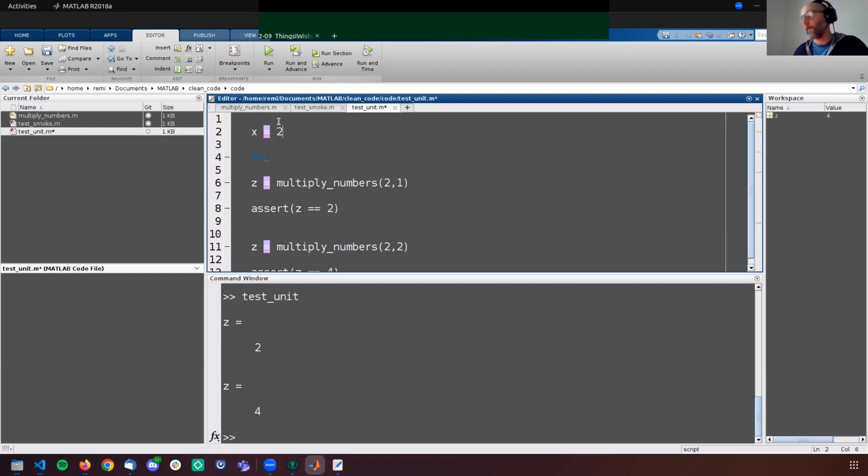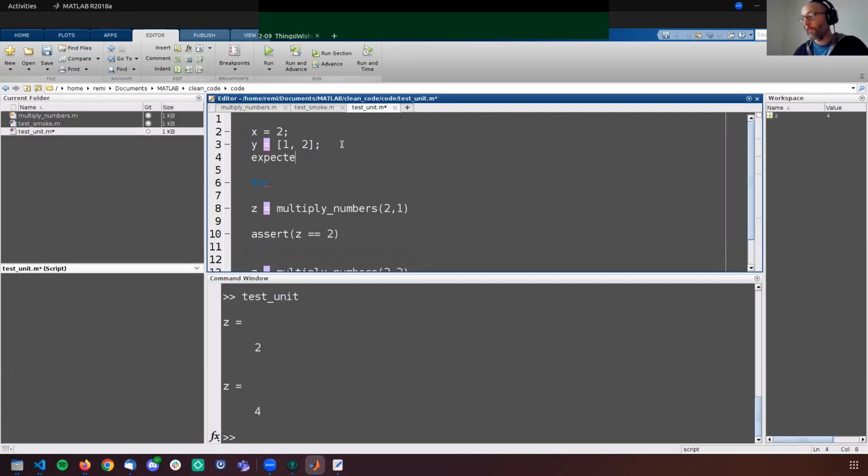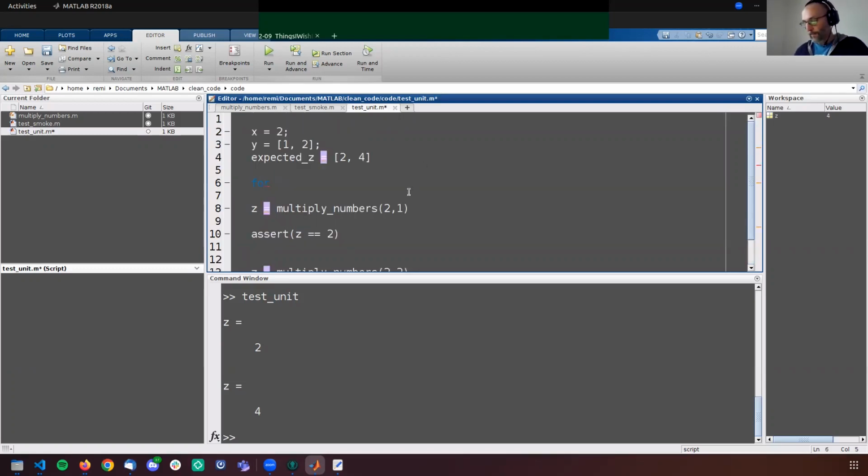Let's always keep x constant. Let's have y equals 1 and then 2, and then expected z equals 2 and then 4, and then you can have, let's call it iy, equals 1, so all of the elements in y.